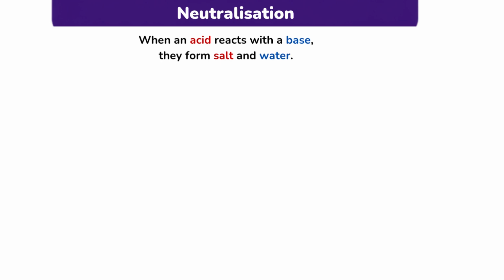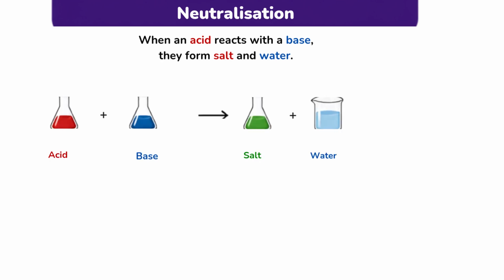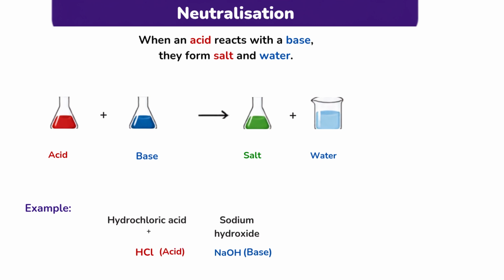Neutralization. It is the process in which an acid and a base react with each other to form salt and water, reducing the acidic or basic nature of the solution. It means when we mix acid and base solution, then we get a solution of salt and water which is a neutral or nearly neutral substance. So, it is called neutralization. Heat is also produced during this reaction. Example: when we add sodium hydroxide into hydrochloric acid, then sodium chloride and water are formed.